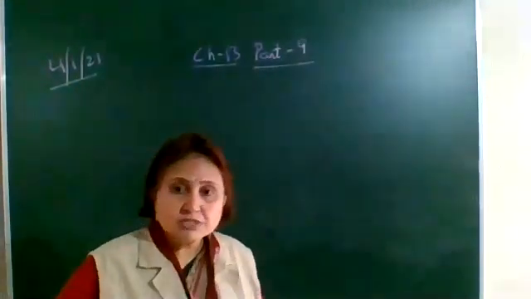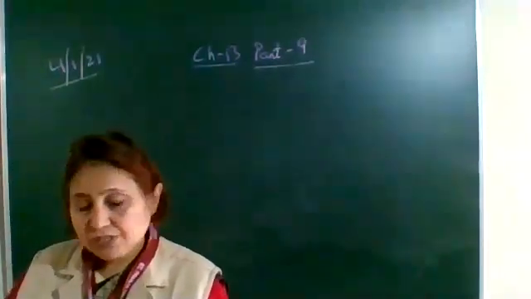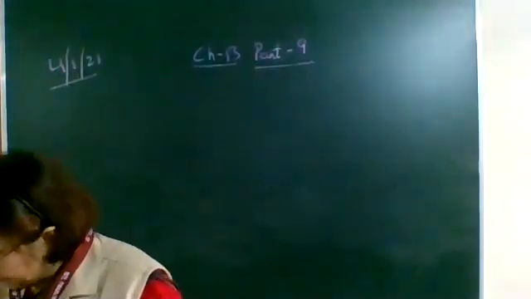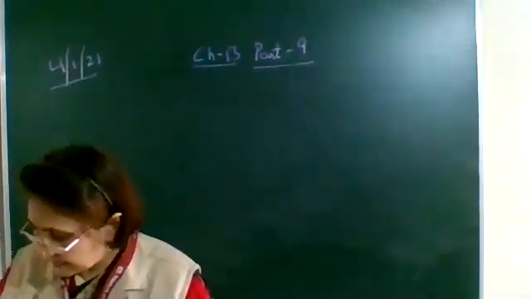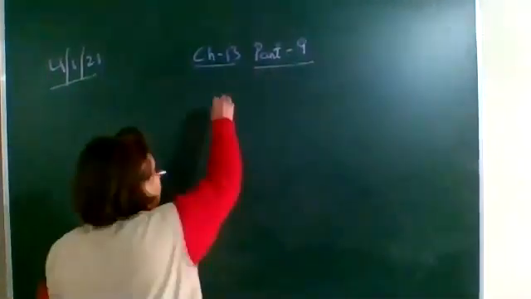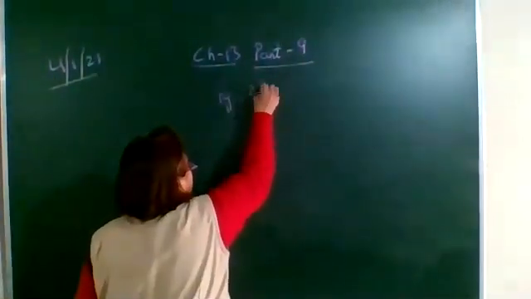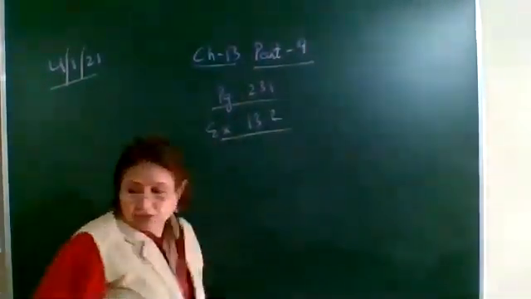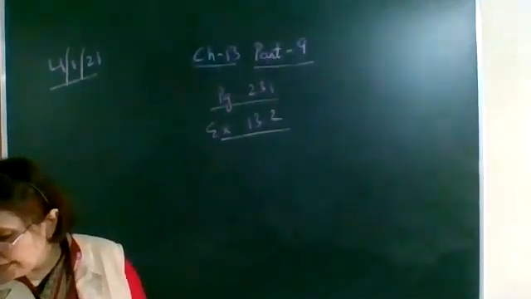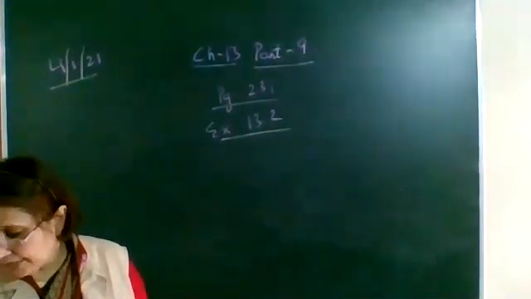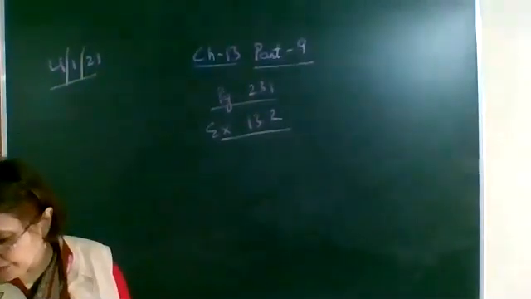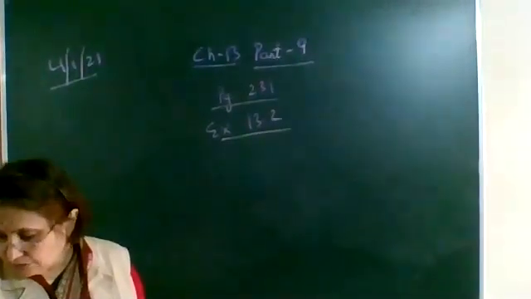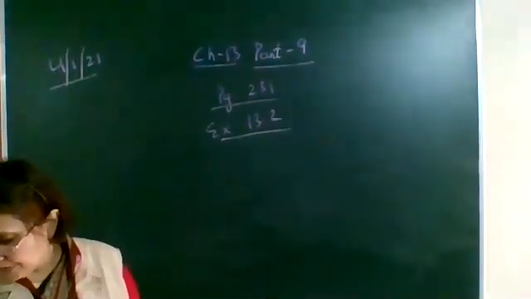Now there are few questions. Let's discuss those questions, a few solved questions. One solved question is there. Page number 231, Example 13.2. The question is, an electron enters a magnetic field at right angles to it as shown in figure 13.14. The direction of the force acting on the electron will be, there are four options given: to the right, to the left, out of the page, into the page.